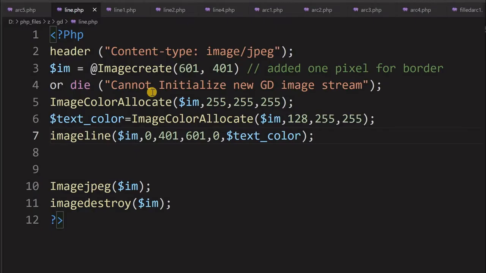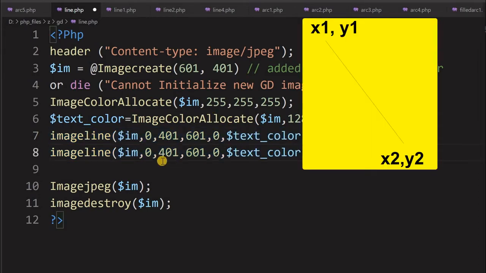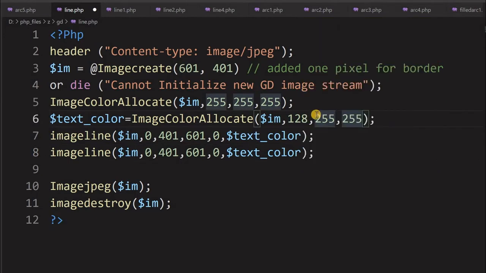You can see this line is drawn here, from the bottom left. Now we'll try from top left to bottom right. It is just a change of coordinates. We'll paste it here. If you want, you can change the color also. We'll go a little darker, so we'll reduce the value, say 125.